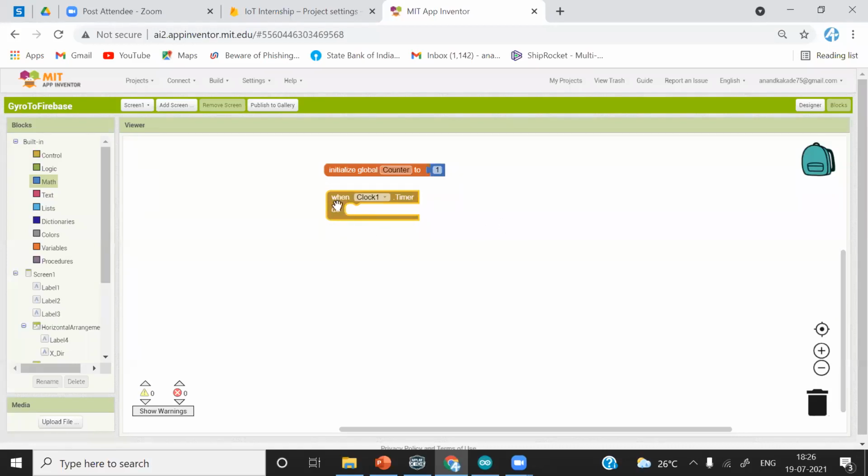So instead of creating the if and everything, I will just go to designer. I think there is some issue with the server, it is not loading. I will just refresh it again.